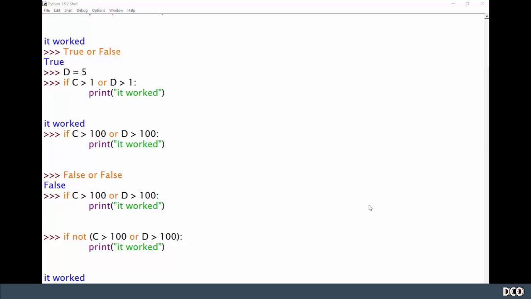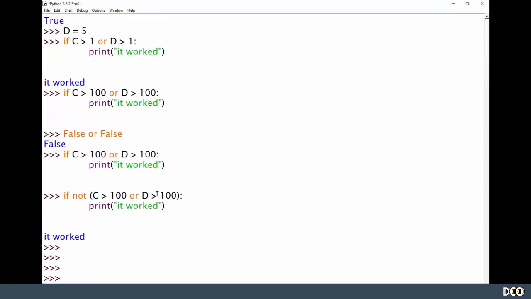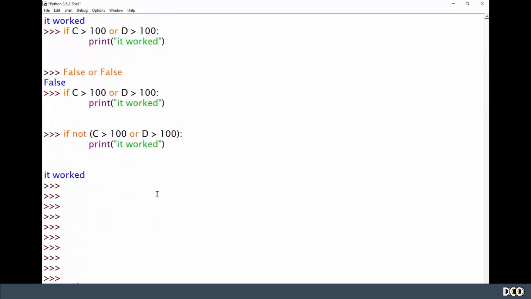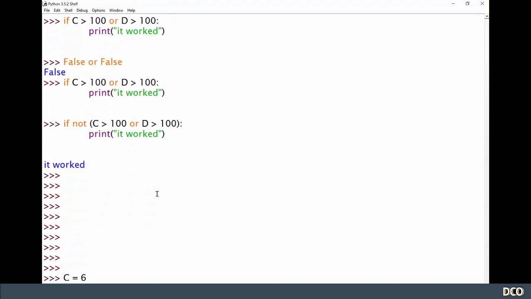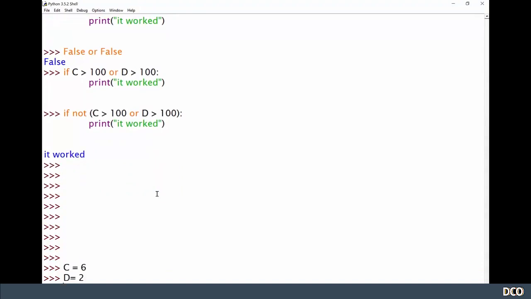So let me show you a rather complicated example to show you what I mean about how you can combine these operators. Okay, now this is rather heavy, so bear with me, but it's going to show the point. I'm just going to give us some space here, and I'm going to create C equal to 6, and D is 2. Okay, C is 6 and D is 2. And I'm going to write this condition: if C is greater than 5 and D greater than 5, or C greater than 1 and D greater than 1,